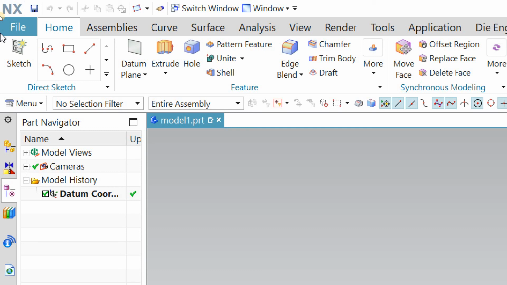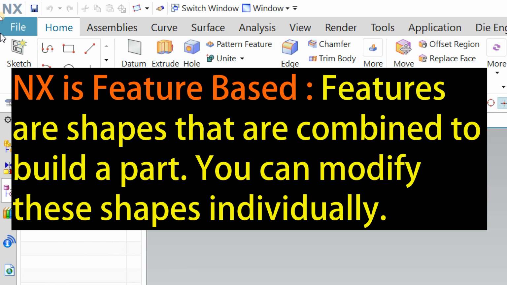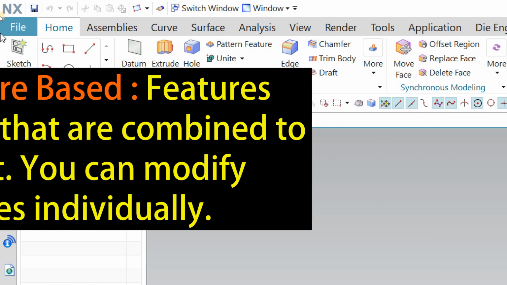And as I already told, NX is feature based. Features are shapes that are combined to build a part. If we make two or three parts in different shapes, and we combine them and make some assembly or part, then that is called feature based.